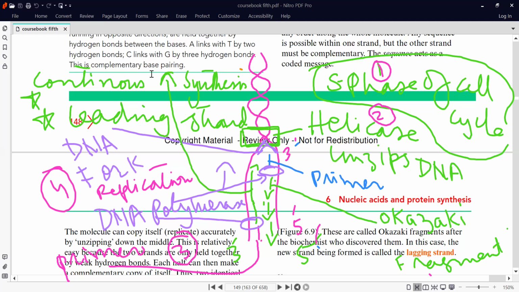But still they need to be connected and they need a glue-like enzyme. So this glue-like enzyme will be the ligase. Ligase will behave like a glue in between them, and they are joined together. As this synthesis is not continuous, we call it discontinuous synthesis because it is